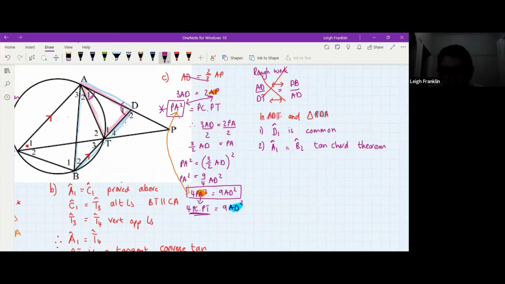Which means that angle ADT has to be equal to angle DAB, because of the angle sum in a triangle, or remaining angles of the triangle. There we go. All right, so this means that triangle ADT, now the order is really important, is similar to triangle